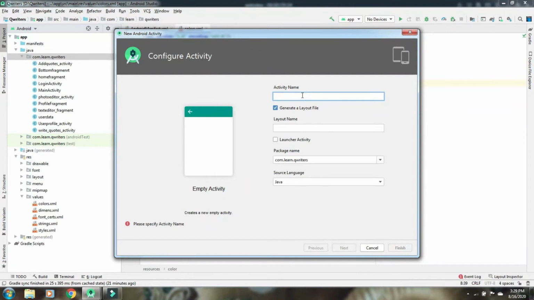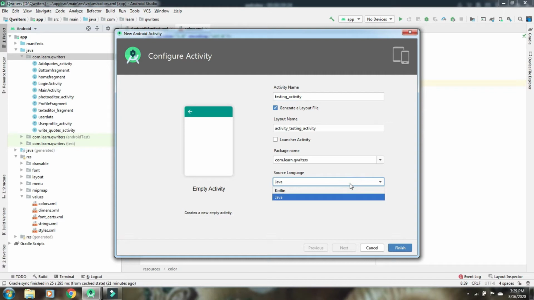Suppose I want TestingActivity. Is this a launcher activity? No, in a single app only one launcher activity can be there. Next, which language you want, Java or Kotlin, and click on Finish.